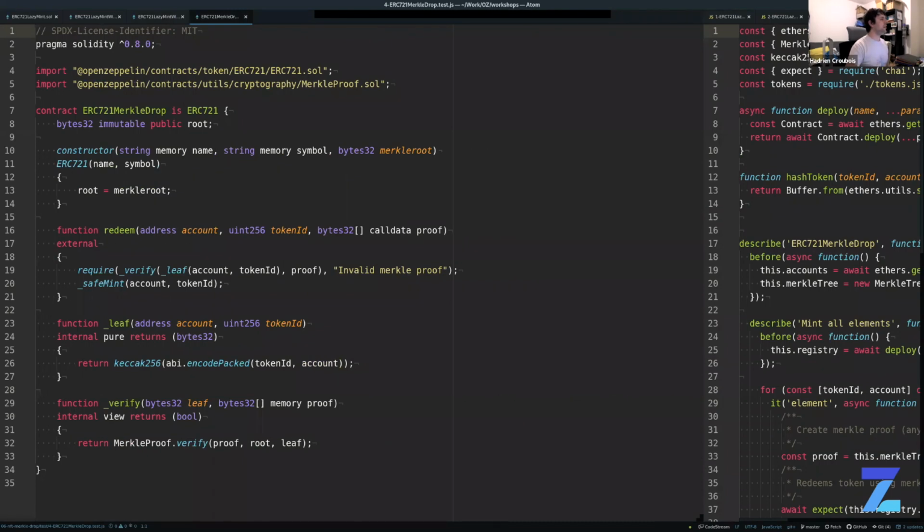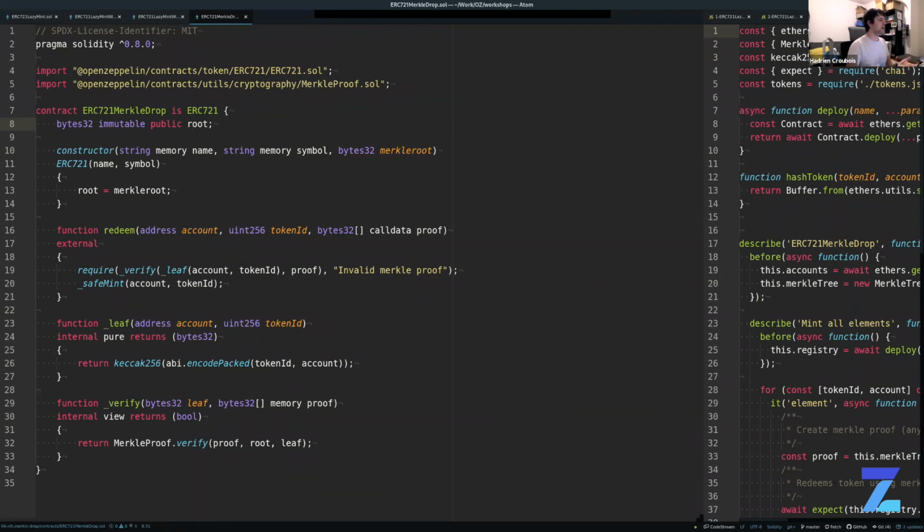So this is our famous ERC721 token, but in this case, this is a Merkle drop variant. And you see that here, we don't have access control, so we don't have a privileged minter, but what we have is a root value. So this is the root of our Merkle tree. What's going to happen is that someone that wants to mint a collection of tokens will define in advance which tokens are part of the collection, and we'll just create this contract by providing the Merkle root. And then it's completely trustless. There is no privileged access, and anybody that knows the Merkle tree, which should be public, can create a proof